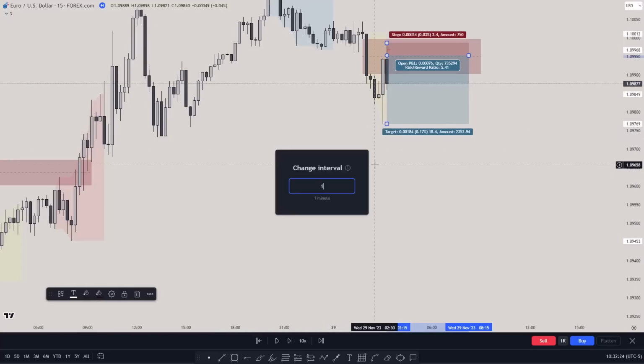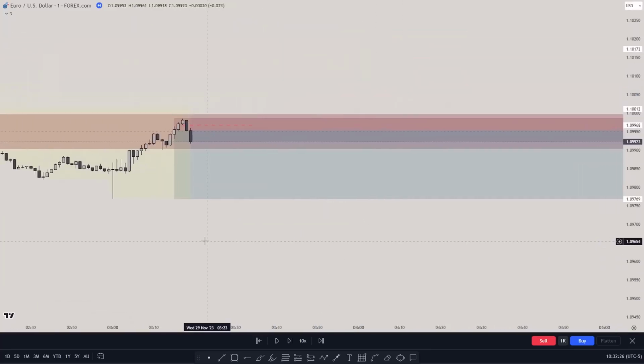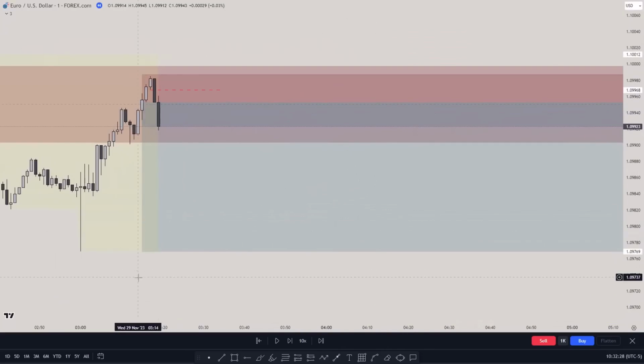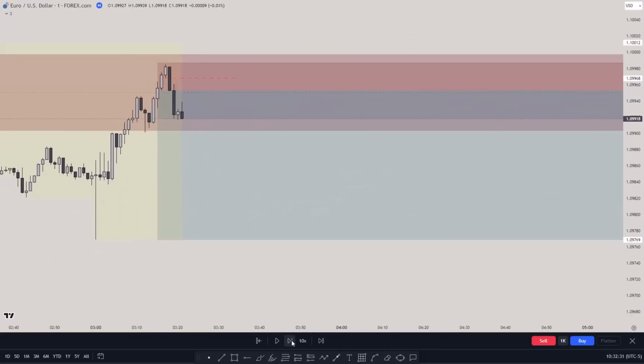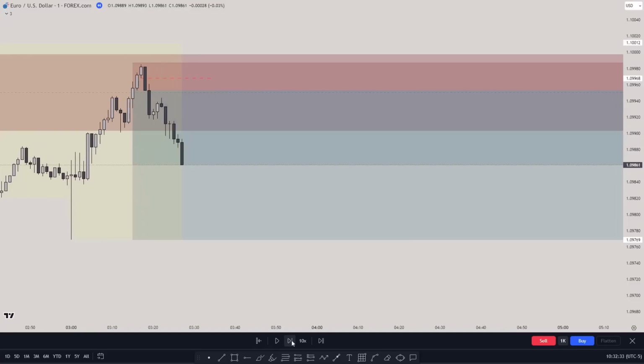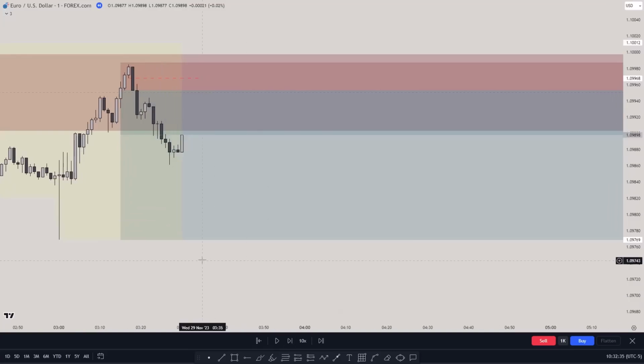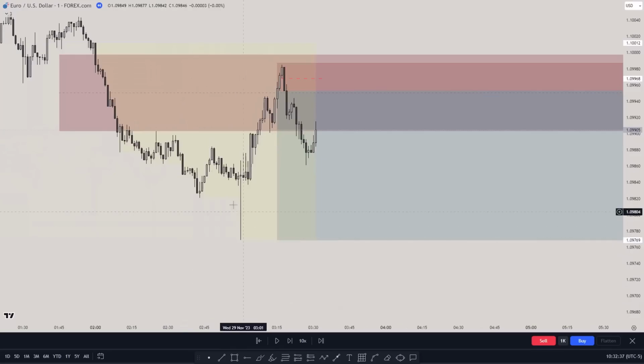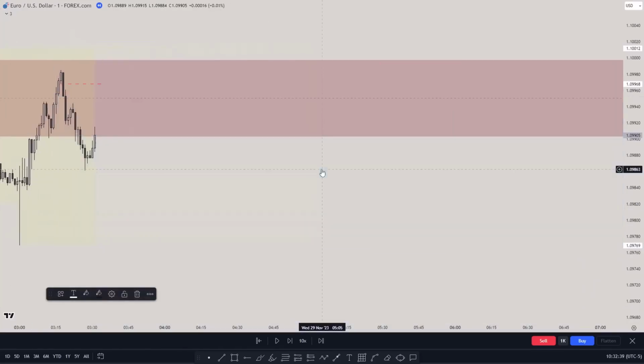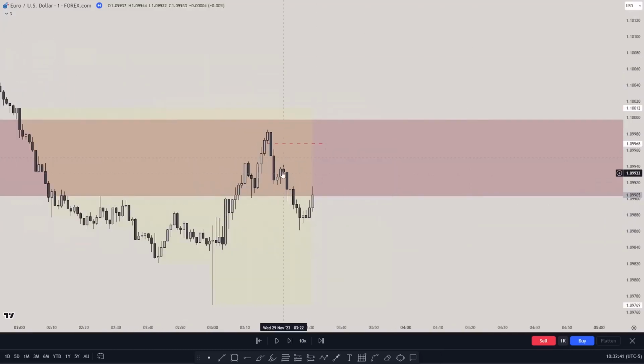Going back to the 1-minute. So this is the first entry, and I'll show you the second entry. You see this one was also valid. It could go lower. Now, what is my entry? The entry that I took is this one. You see this fair value gap? And as I said, this is going to be my second fair value gap. Why? Because price is already reacting from the first fair value gap, which is the 15-minute one. Now we have the 1-minute.